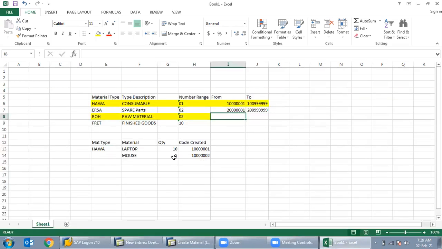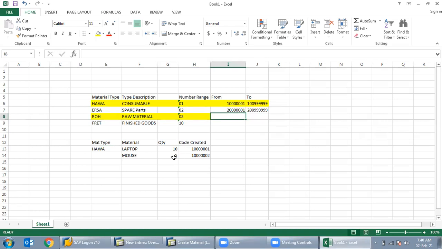Sir, what I'm not understanding is, you're telling that we are creating the material type and we are also generating the material code. No, we are not generating the material code. The end user is generating the material code. That is master data, which is done by the end user only, not us.